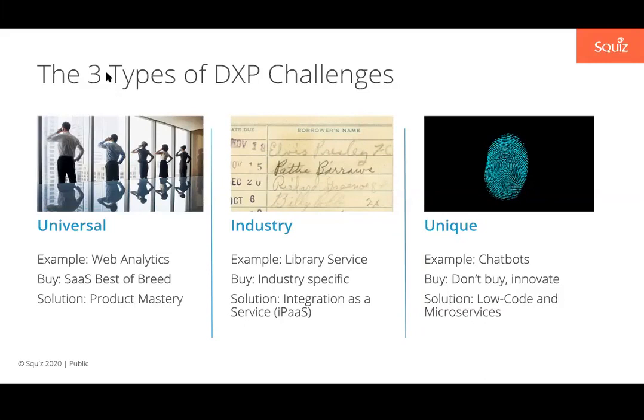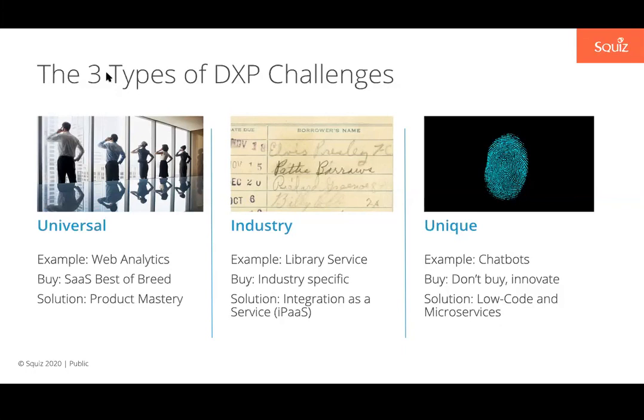An example of this again would be One Council ERP for local government, Moodle for higher education. If it was a library, it would be the checkout system that they use. Everyone can probably think of different tools that are unique to their industry. And the solution for them is integration. The areas they're weak in, you can mask. The areas they're strong in, you want to bring those strengths to the rest of that digital experience platform.